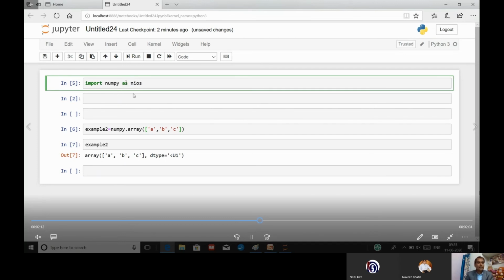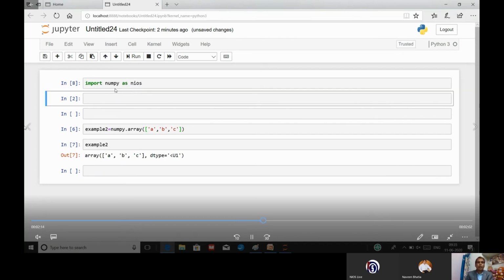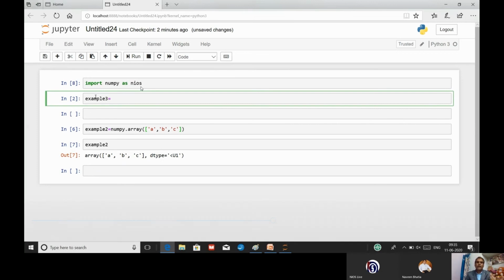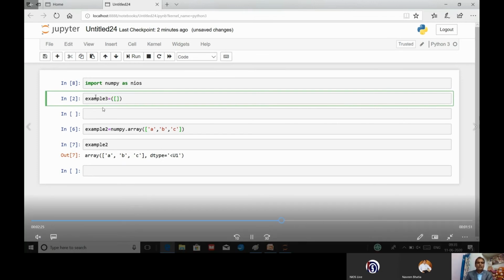Now you can see one more example I am going to give, where import numpy as nios. This is a variable name, user defined, whoever can define this. And I have given another example. Now you can see the value I have entered.